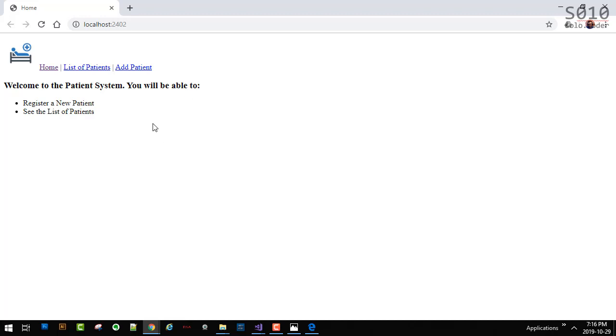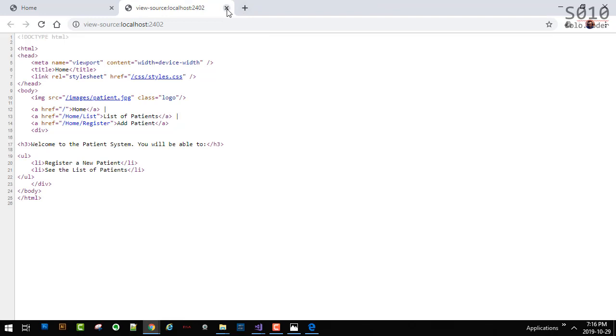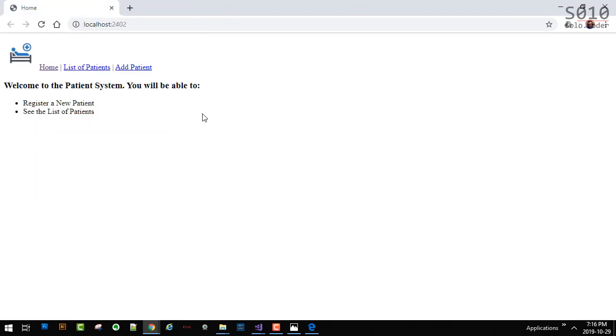So, okay, I'm okay here. We have an image, and we have a CSS that we have added. Let's see if the CSS is accessible. So the CSS is accessible, that's fine. Oh, good. Great. Now